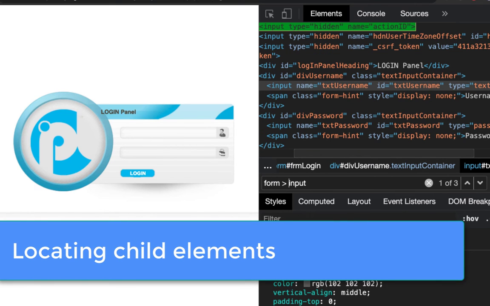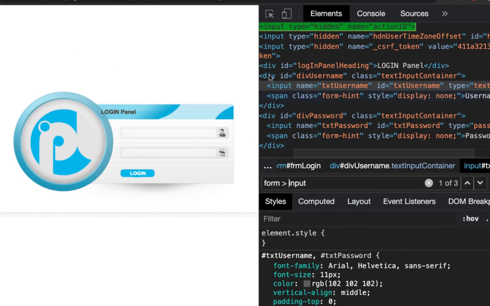Let's see how to locate the child element. You can give the parent element, angle bracket, and the child element. This way you can locate the elements. So it will select 3 elements in this case. Form has 3 input child elements.